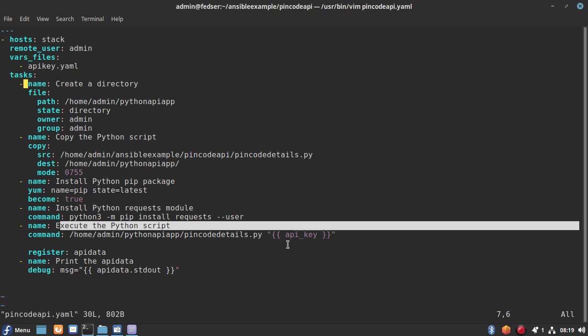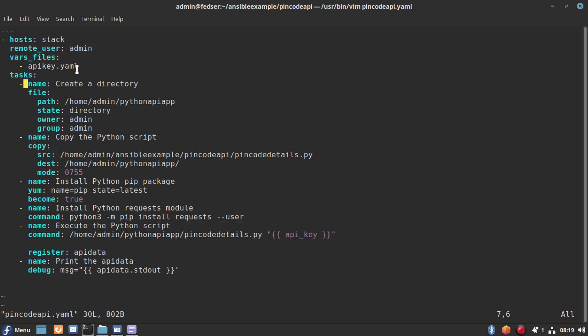So whatever file we have encrypted here has the API key and value which is encrypted. But whatever API key variable we have provided in the plain text, we are going to provide here, so that it will be replaced with the actual content of the API key.